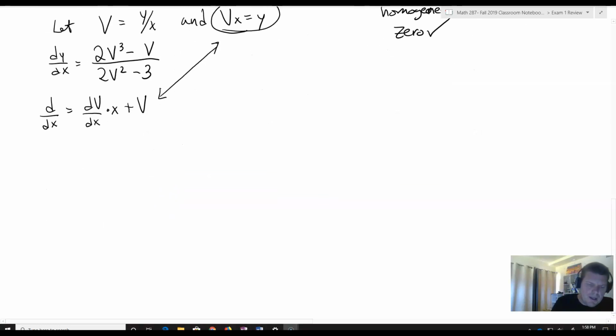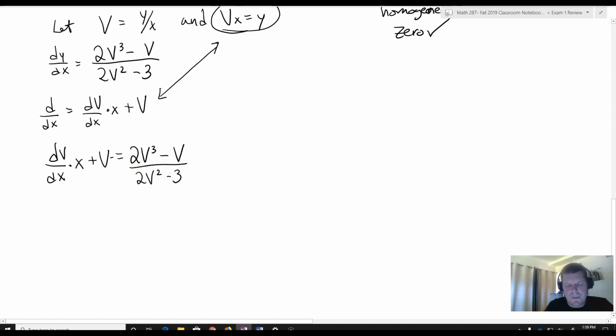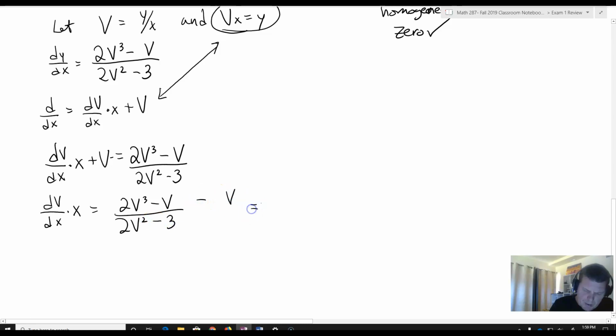Okay, so now I have dv/dx times x plus v equals 2v cubed minus v over 2v squared minus 3. Okay, I'll subtract out my v. All right, so we now have dv/dx times x equals 2v cubed minus v all over 2v squared minus 3 minus v, which equals 2v cubed minus v all over 2v squared minus 3